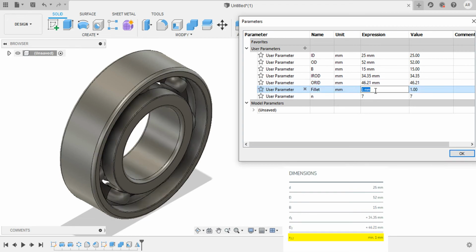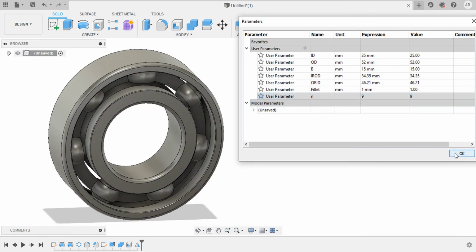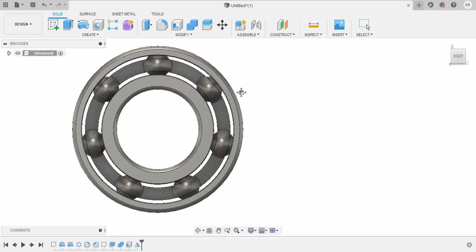And the fillet is 1 mm and the number of balls be 9. Yeah, if you observe here, we just got the 6205 bearing by just changing the parameters.